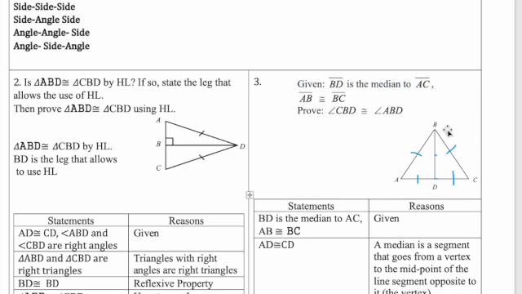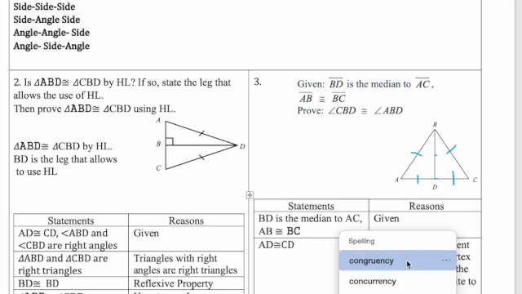Because we're working with triangle CBD, and we're working with triangle ABD, which is actually really similar. All right, so we have these two triangles that are congruent by side, side, side congruency theorem. Okay, and